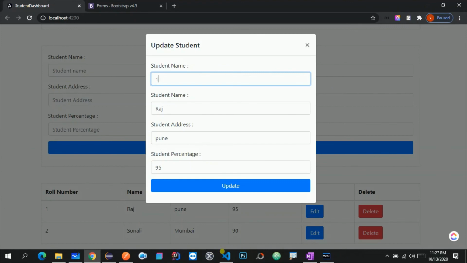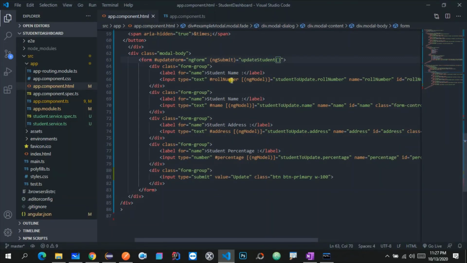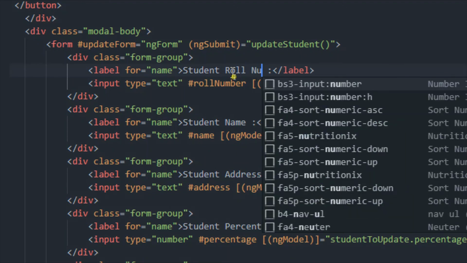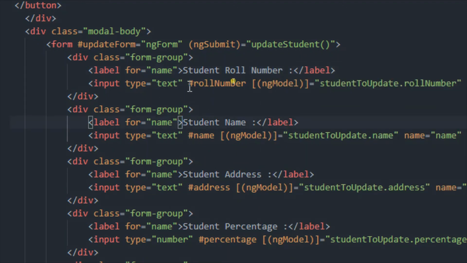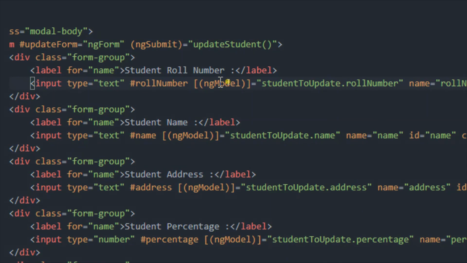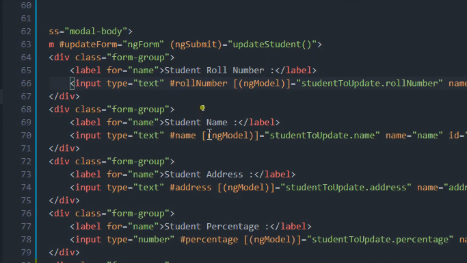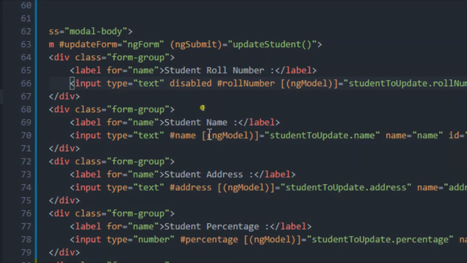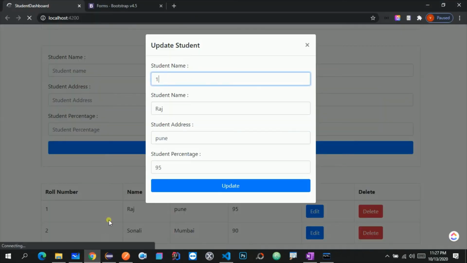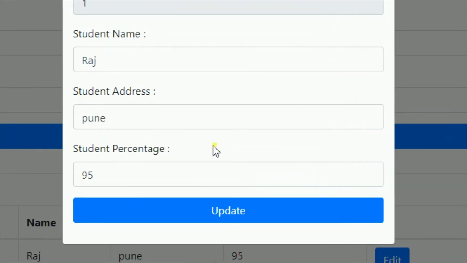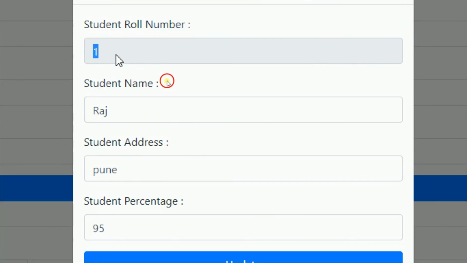So let me go to Visual Studio again, and let me make it student roll number, and this field let me make it disabled. So let me write over here disabled, and let me save this. Now let me go to the browser again, and let me refresh this, and let me try to edit. Now as you can see, this field is disabled.